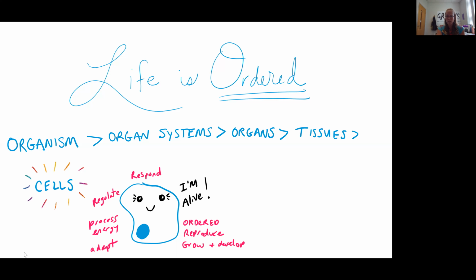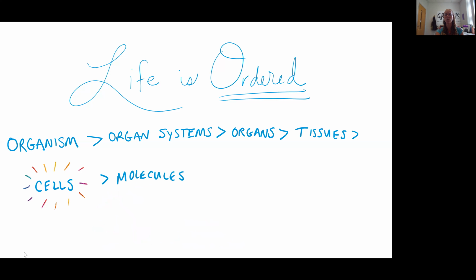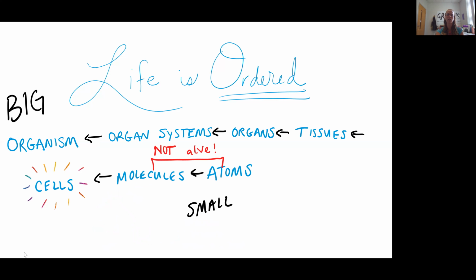In fact, some organisms are only made up of cells. Those would be, of course, unicellular organisms, meaning a single cell. That would be different from humans, which are multicellular organisms, meaning trillions of cells are composing our bodies. Now, the cell is alive, so that means the tissue and the organ system, and of course the organism, is considered to be alive as well. Now, cells themselves are composed of molecules, which are composed of atoms. This chemical level of life, these molecules and these atoms, are not considered to be alive. They don't have those characteristics of life. But when they come together, they are making that living cell.